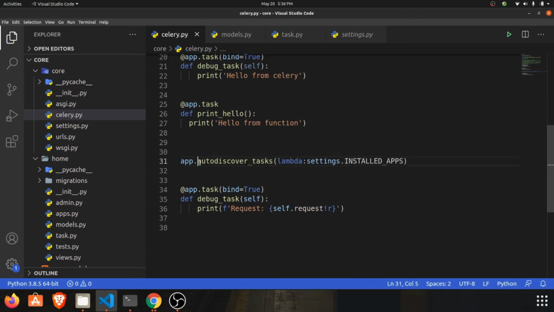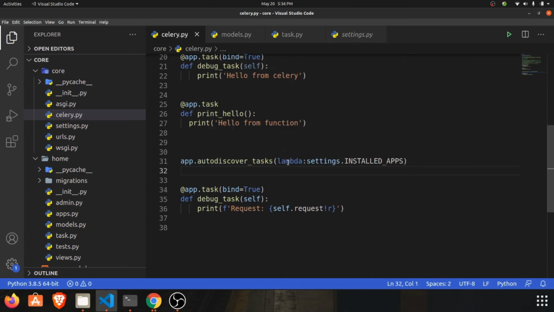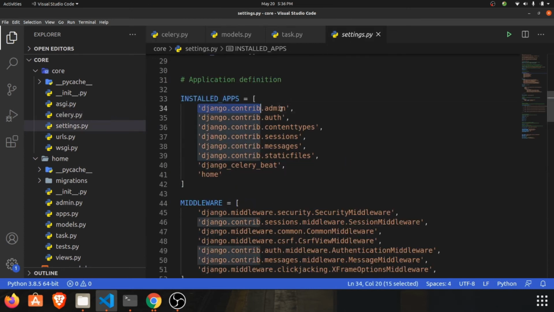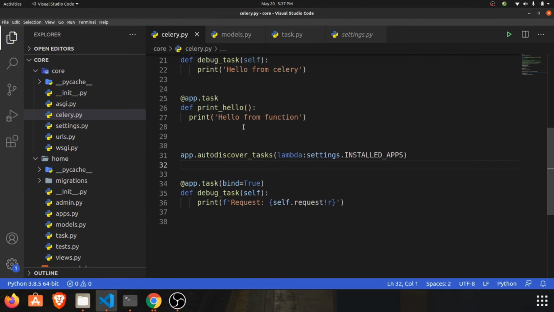We are grabbing all the tasks which are created in separate apps. It will autodiscover all the tasks in the list, so if we have some task in this app or in that app, it will just grab all the tasks. So our function is now ready. Then what we need to do is call this function every 2 hours.